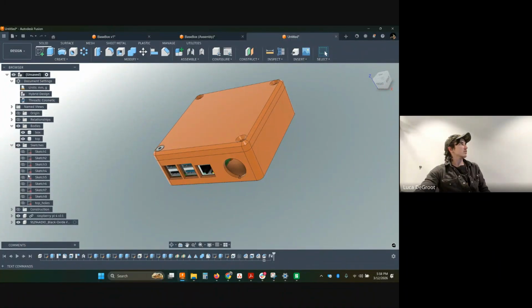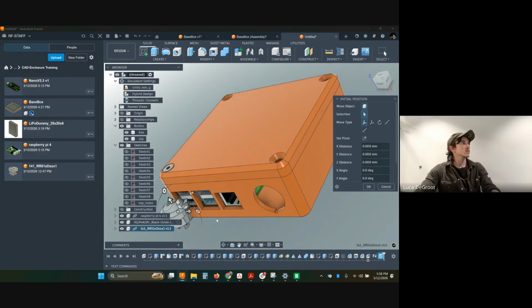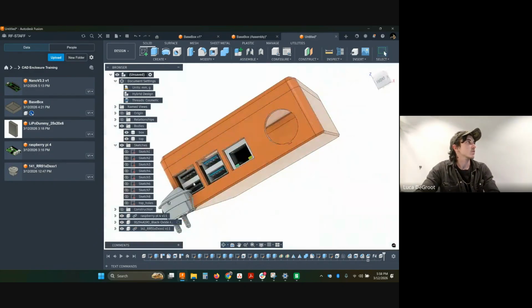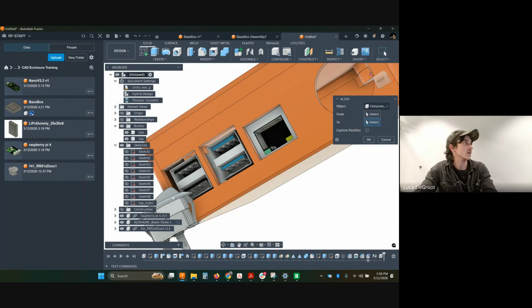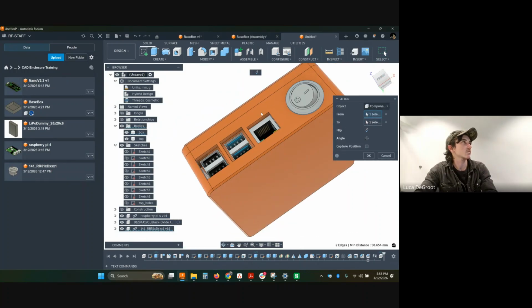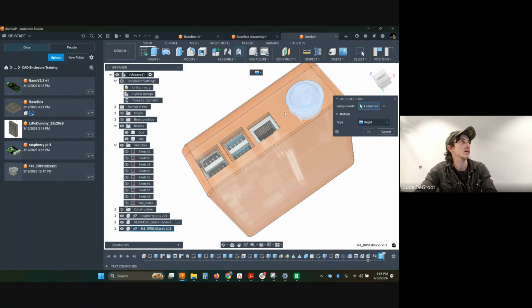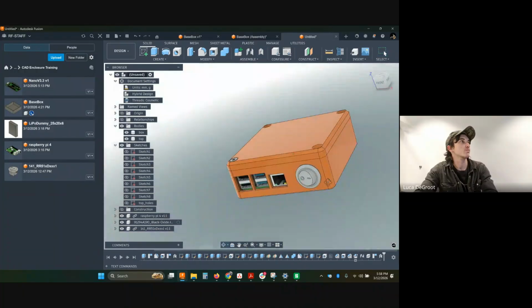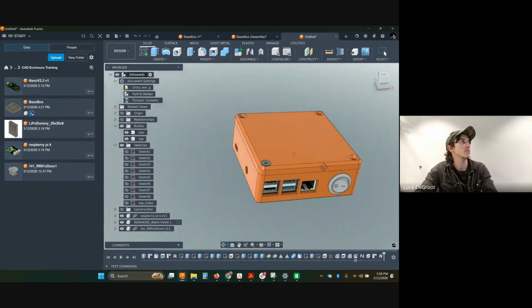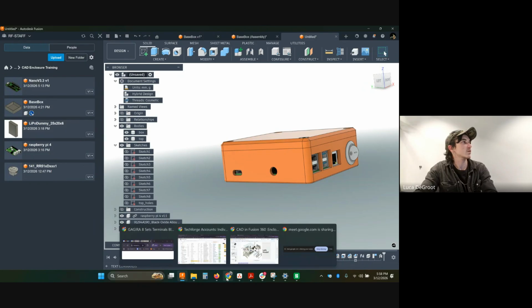Okay. I don't have to capture the position necessarily if I'm just going to go ahead and do a joint. But now I have my button in my box. All right. Yeah, so I'm going to